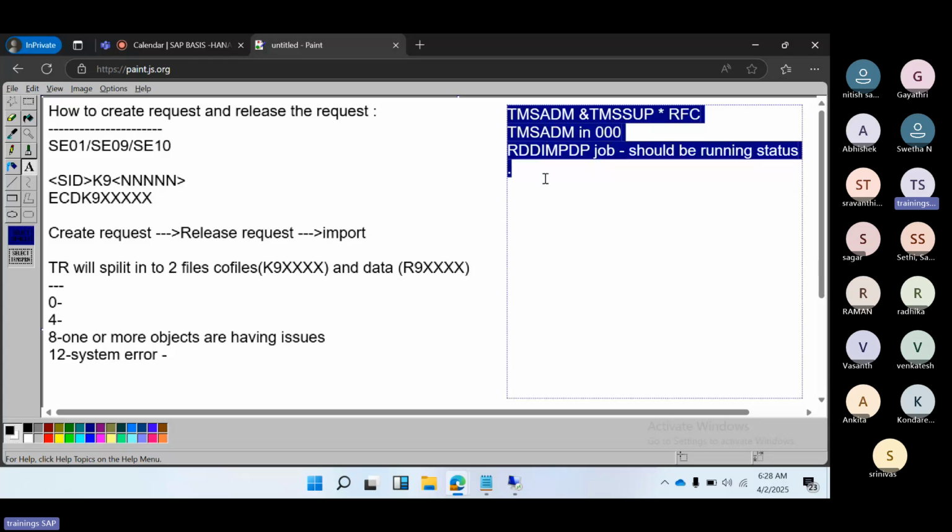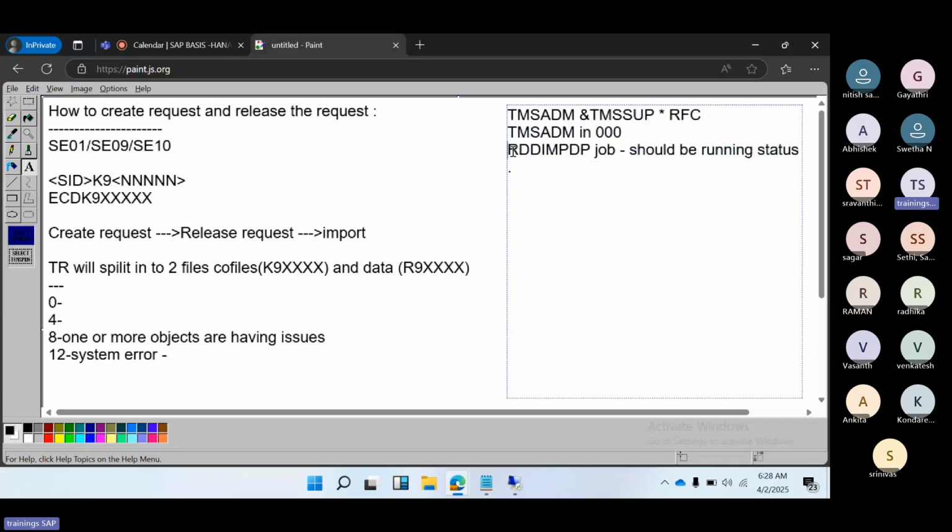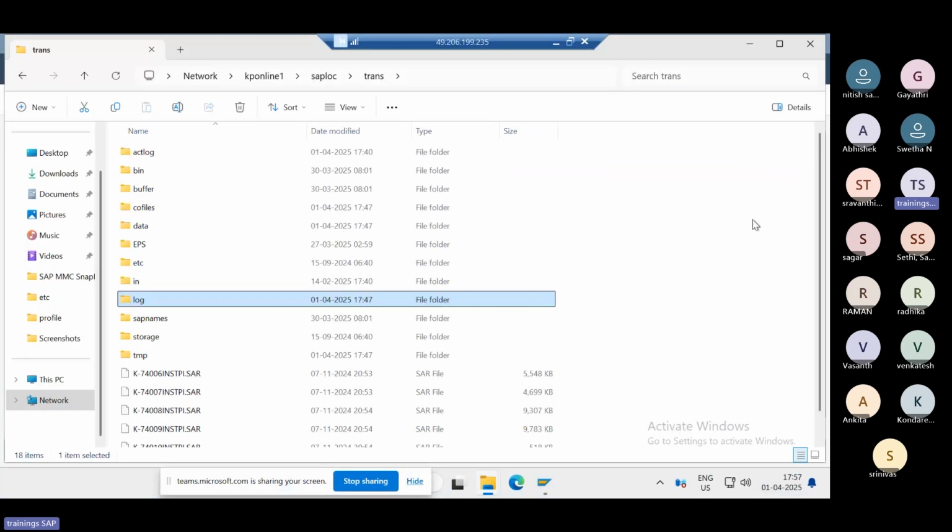So you need to check the system error, whether the job is running or not. Most of the time, the jobs will not run. That is the main thing here. The job is not running. So that we have to check it out here, right? So then